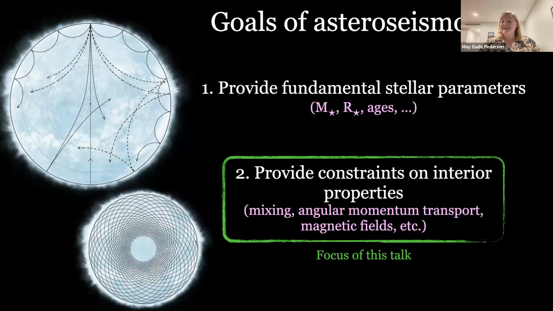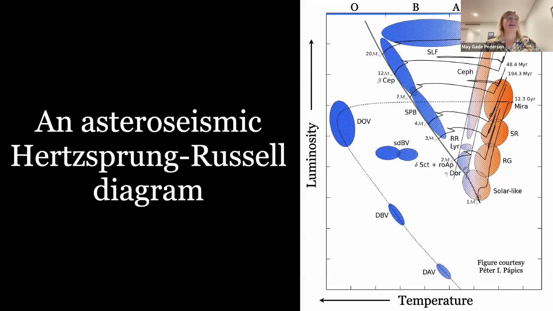Now, if you want to study stellar pulsations, the good news is that there are pulsating stars all across the HR diagram, as shown in this type of asteroseismic HR diagram, where each one of these shaded regions corresponds to a place where we find a different type of pulsating star. Now, I really like this HR diagram, because it tells me if at any point during the evolution of the star, it passes through any of these shaded regions, then it should start to pulsate. And if it's pulsating, that means we can learn something about the interior properties of the stars.